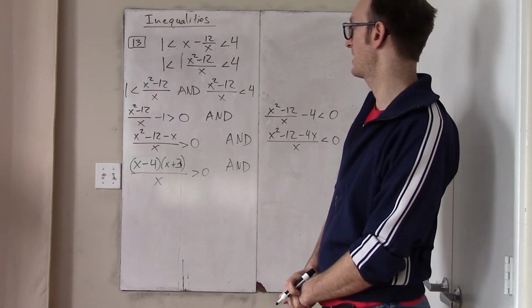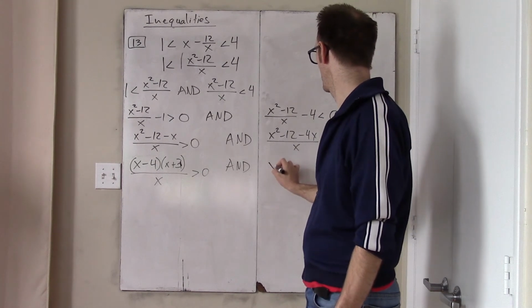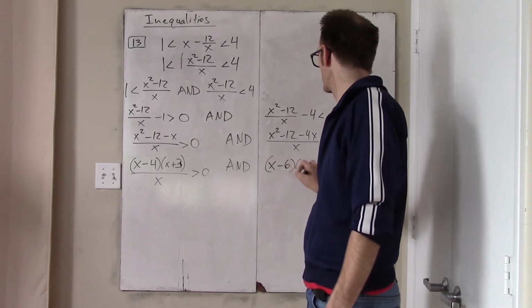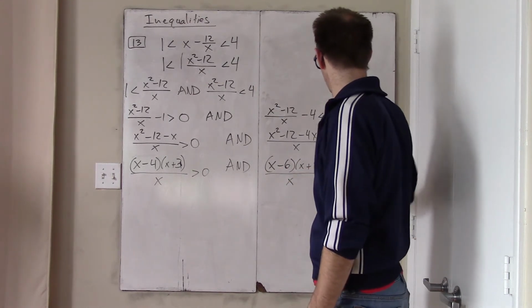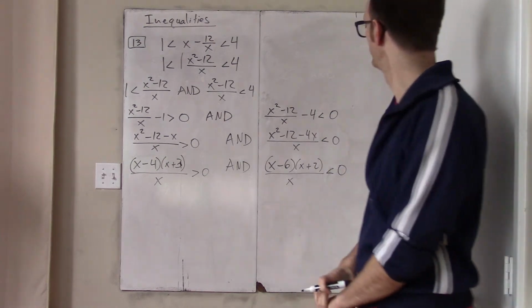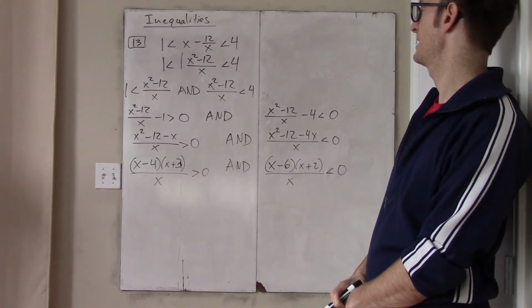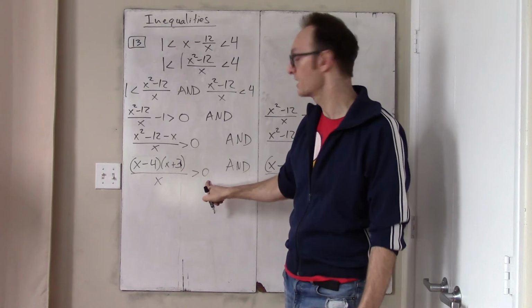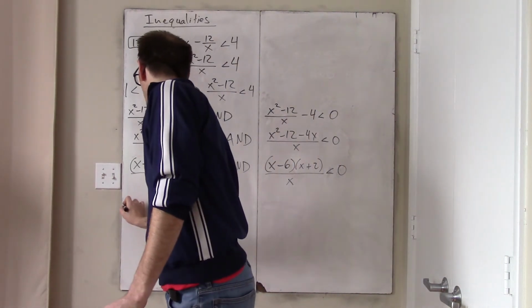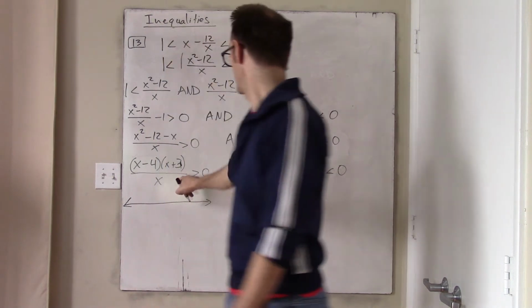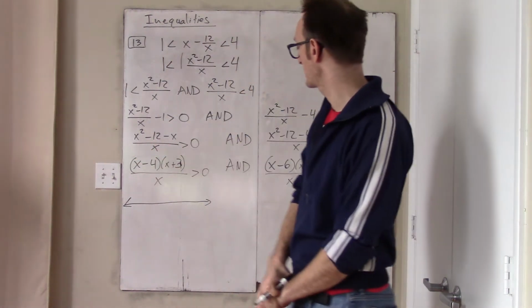What else? x represents... and this is, I guess, (x minus 6)(x plus 2) over x is negative. So, looking good. Okay, how do I solve this? Using the same old methods, which is we think of this rational expression as having